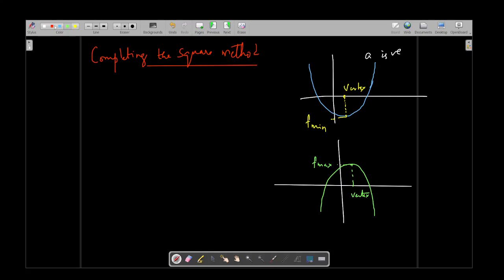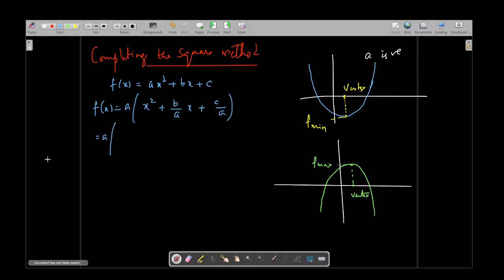So the idea is, let us take the function f of x is equal to ax square plus bx plus c, and what I'll do is f of x is equal to a times, I'll take a common, so this will be b by a x plus c by a. So from the first two terms, I'll try to complete the square, right? So x square plus 2 times a is x, b is b by 2a. So if I do this,